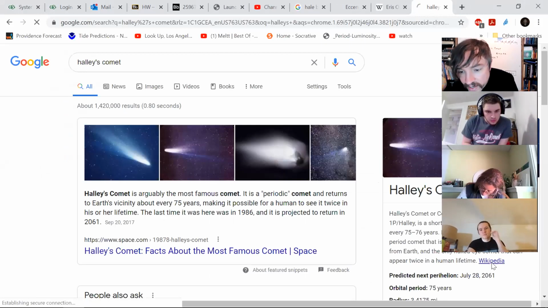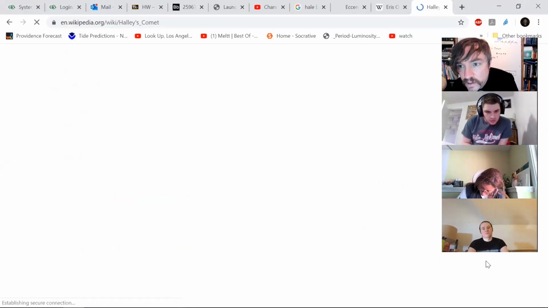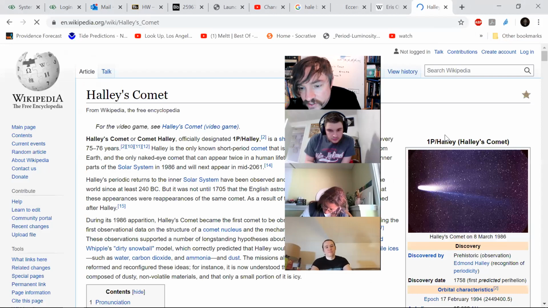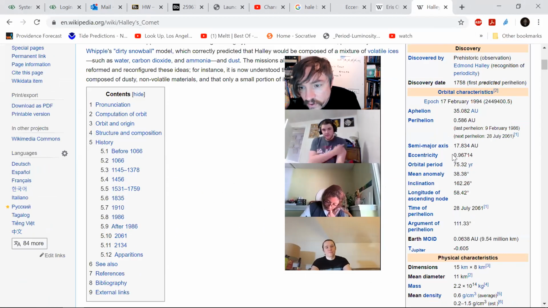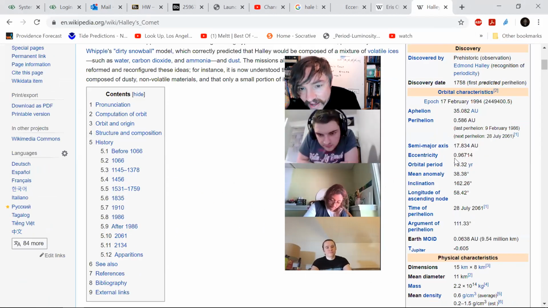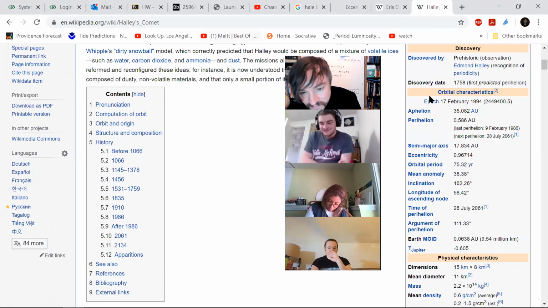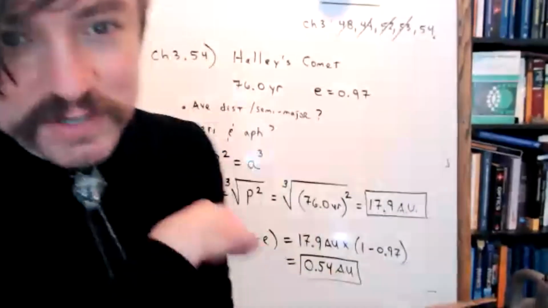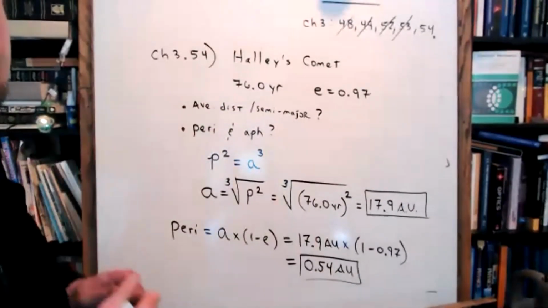And for dramatic demonstration, here on the Wikipedia page, notice that we actually know the eccentricity of Halley's Comet to 1, 2, 3, 4, 5 sig figs. Some crazy nut has measured it to 0.96714. I sure like to read that research paper when I'm trying to fall asleep at night.